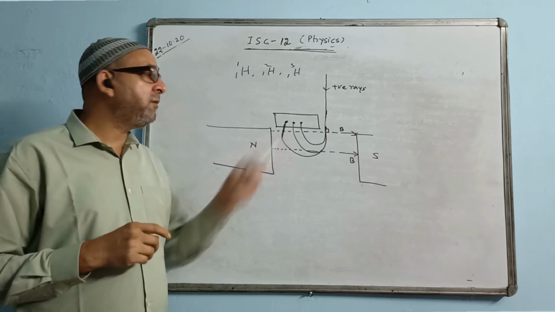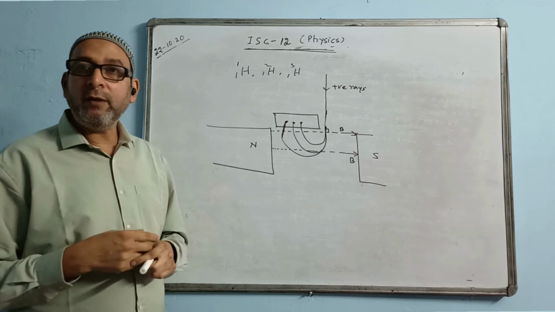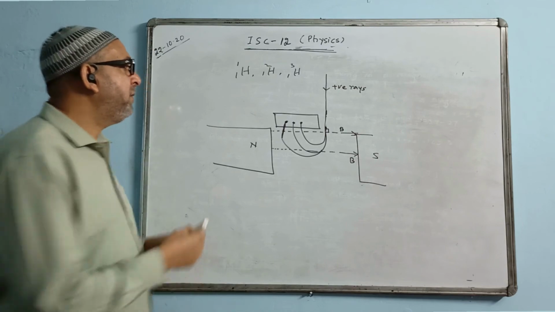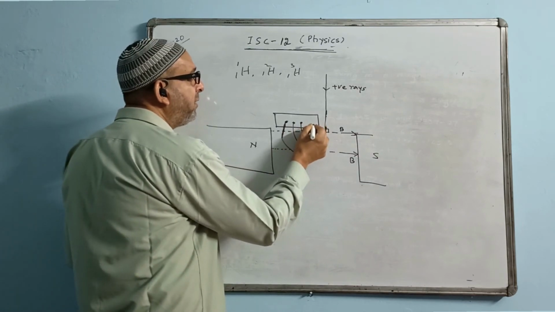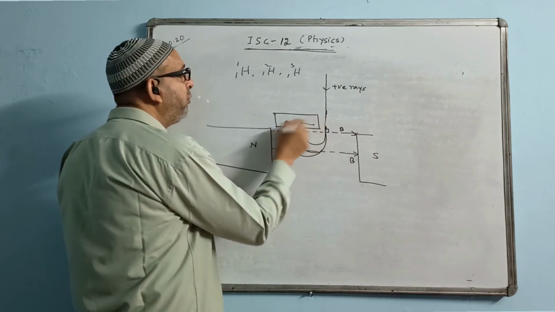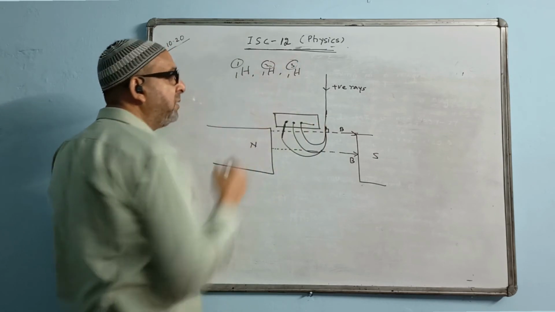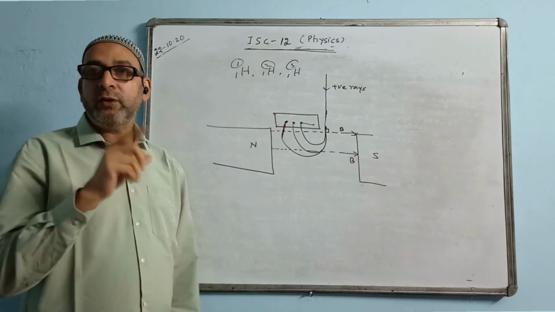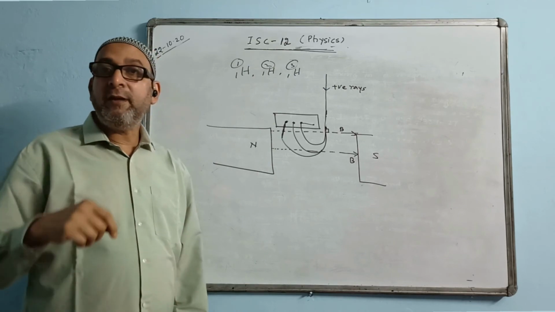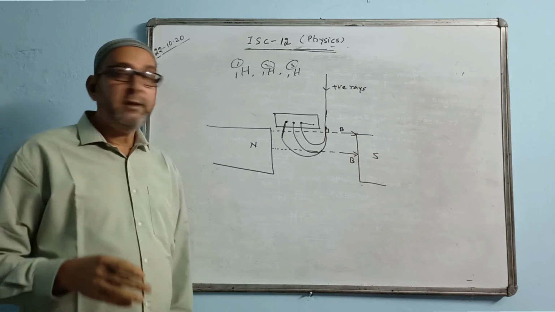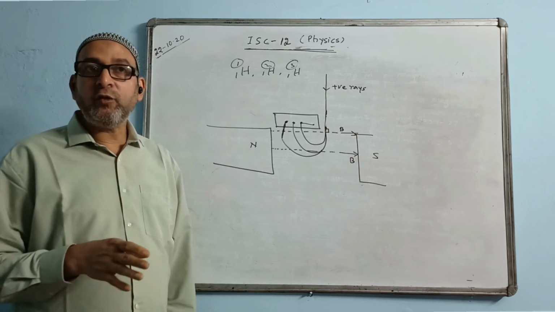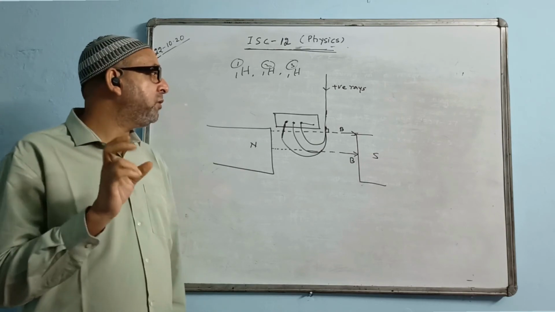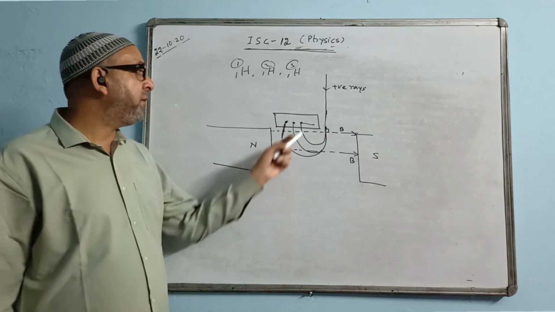On the basis of this observation, we conclude that this particular element has this many isotopes. So if there are three spots, then you can check the radius out here. If you measure, this will be 1 unit, this will be 2 units, this will be 3 units. If you check the ratio of these three, the ratio will come 1:2:3. On that basis, we check whether an element has isotopes. If it has isotopes, then how many and in what ratio their masses will be, that also can be determined by this method.